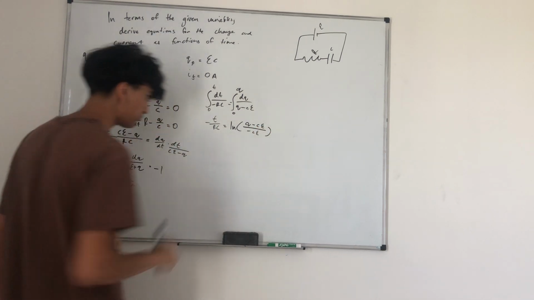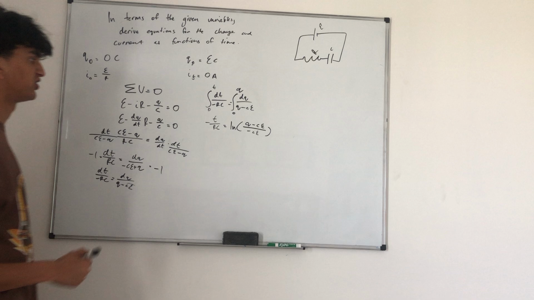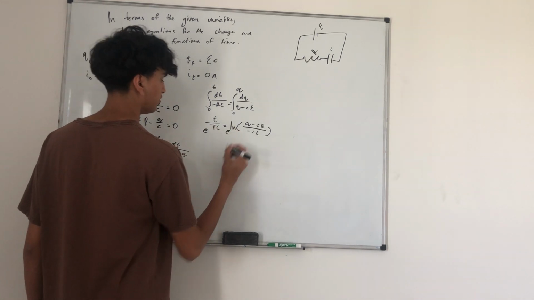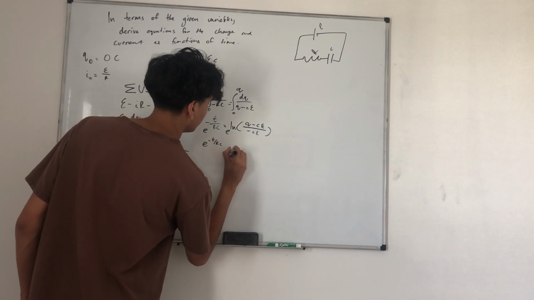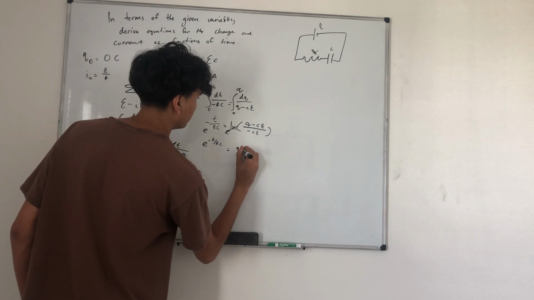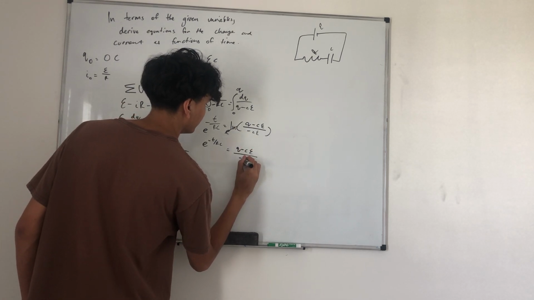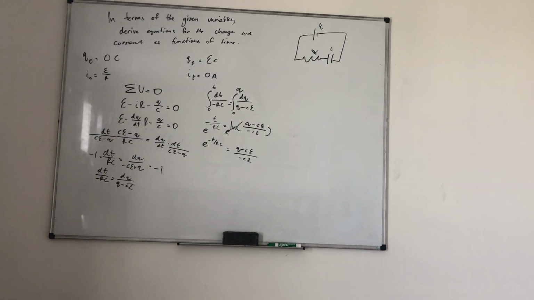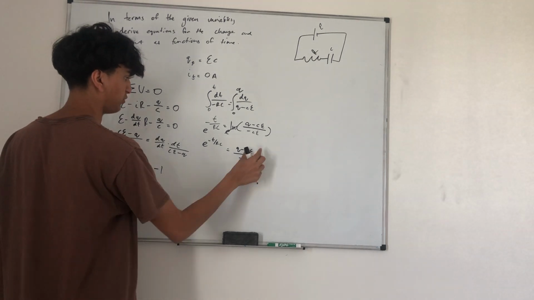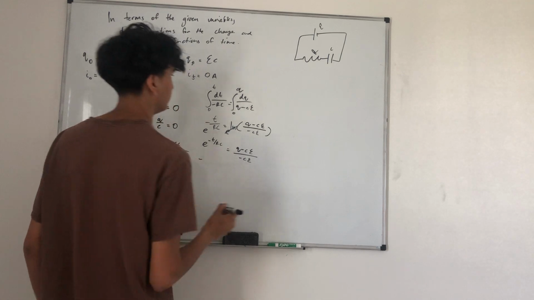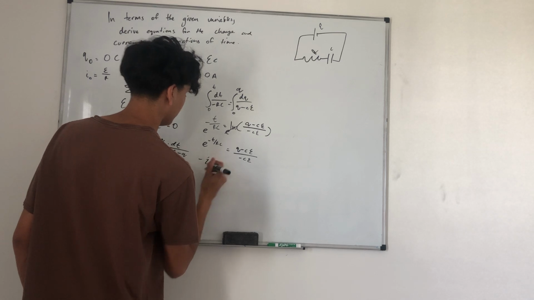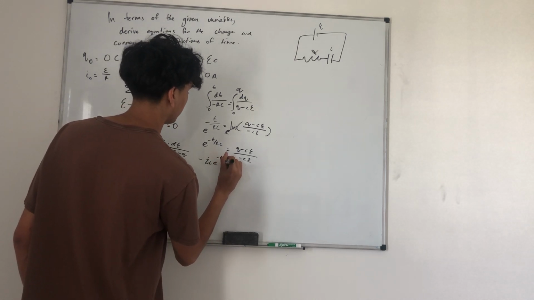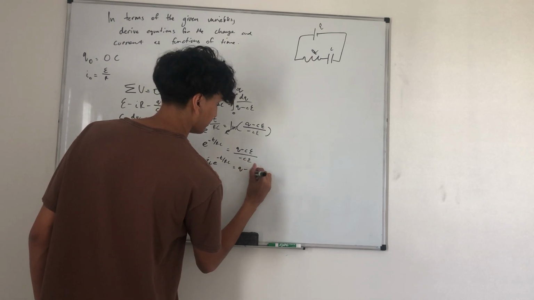All right, and then we're just solving for Q as a function of time. So we're going to say e, to get rid of that ln. So we have e to the negative t over RC is equal to, that cancels out, q minus C epsilon over negative C epsilon. And then you just solve for q. So I'm going to multiply both sides by this, and I'm going to add the C epsilon. I'm going to actually do epsilon C instead of C epsilon, even though they're algebraically the same. Negative t over RC is going to equal q minus epsilon C,